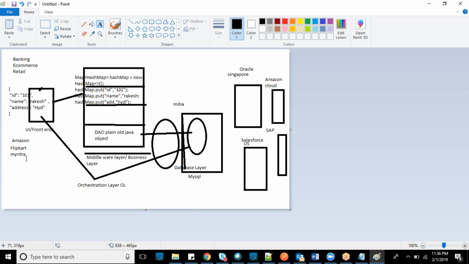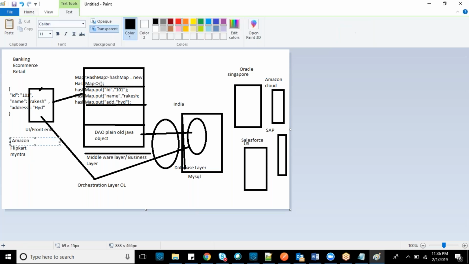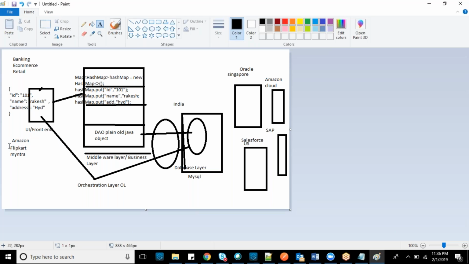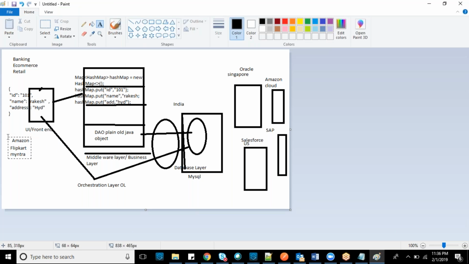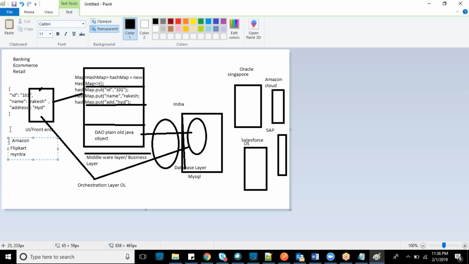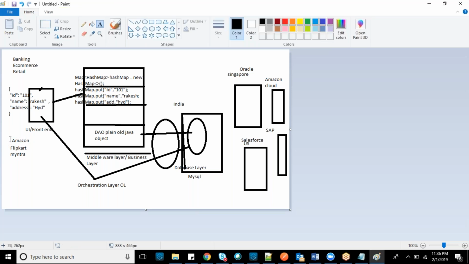But the security: if you wanted to implement one security rule for Amazon, it will take you more than 10 days. The security for Flipkart may take maybe 5 days. So you cannot perform the security things as efficiently. These will be hectic for the programmer, and it will be difficult to maintain each and everything every time a click is happening.